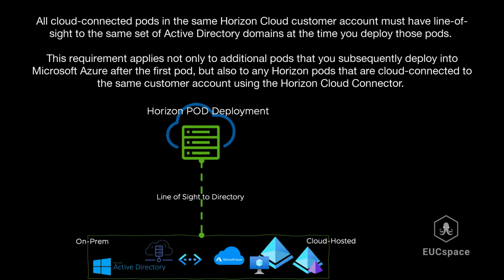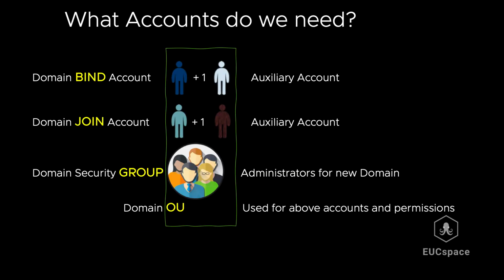All cloud-connected pods in the same Horizon Cloud customer account must have line of sight to the same set of Active Directory domains at the time you deploy these pods. Look at these 4 key areas to ensure you have a successful AD integration. Firstly, we need a bind account with an auxiliary account, just in case the primary account is locked out or fails to authenticate. We also need a join account and once again an auxiliary account to act as the backup account. Thirdly, the domain security group for administrator access to the Horizon Universal Console access. And lastly, we need to ensure that we have an OU that contains the object and policies we want to